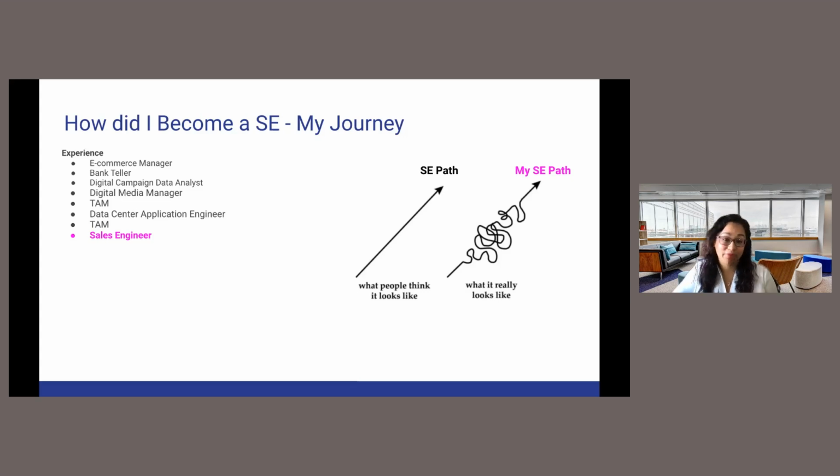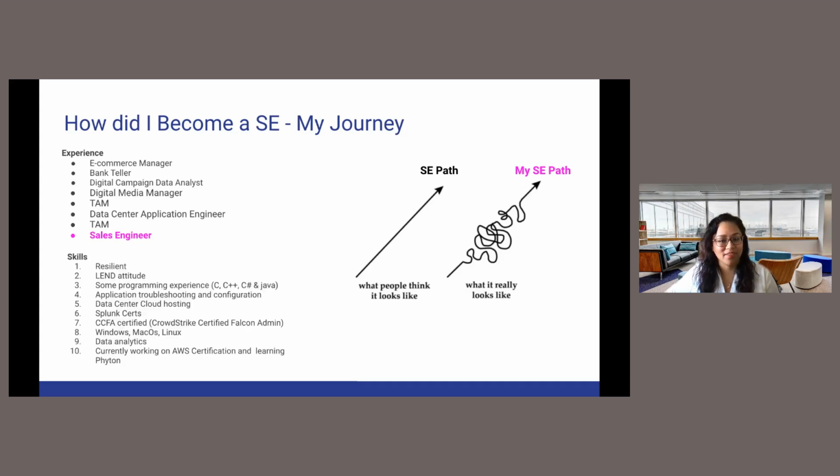I personally didn't even know what a sales engineer was. I didn't even know that some of the activities that I was doing with other companies were considered part of a sales engineer job. And so I said, you know what? I'm going to try it. And I started that whole journey of talking to the sales engineer manager. I got me a sales engineer mentor. I started doing shadowing. And then I eventually became a sales engineer.